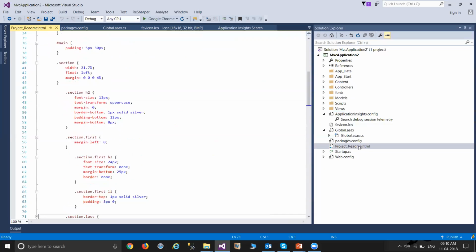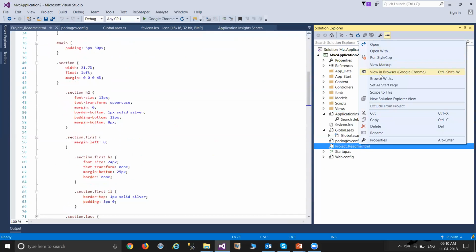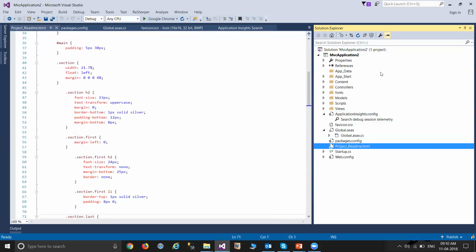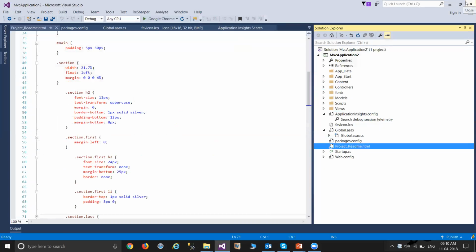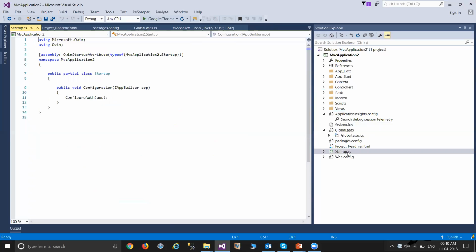If you browse this, you will see what it exactly contains. It contains the default project details: what folders you have selected and how they are rendered into a solution. It is the default structure it is giving. So this is just giving the description and explanation about the project you selected when you created it. And Startup.cs contains the startup details,